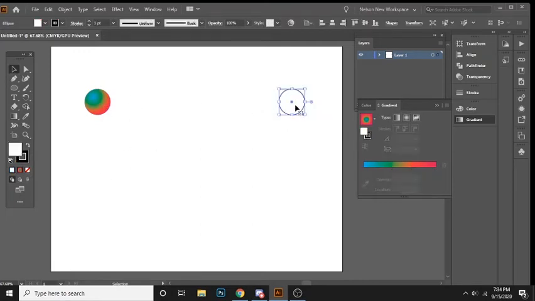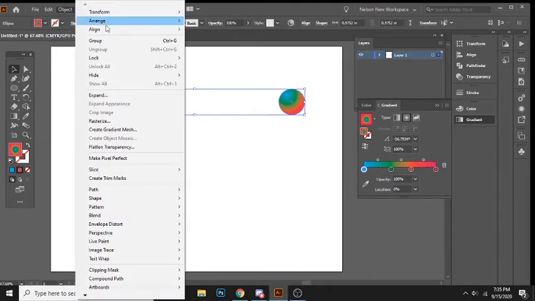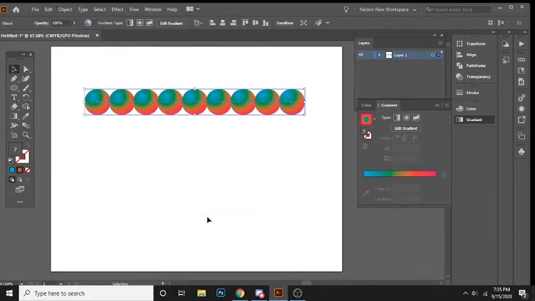And I'm going to add the same color to this object here. So using the eyedropper, I'm going to select this color. Okay, so I'm ready to blend both of these objects. So I'm going to select both and then go to Objects, Blend, and then Make. So now I blended these two objects,